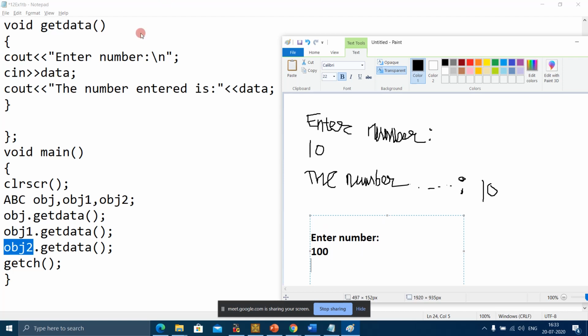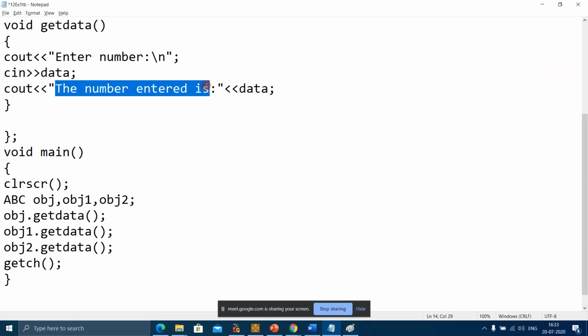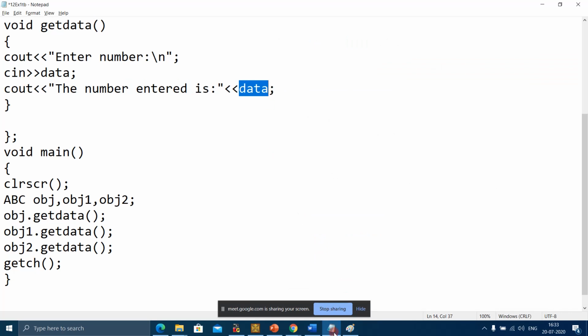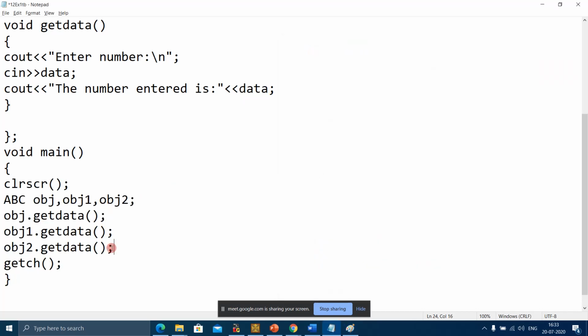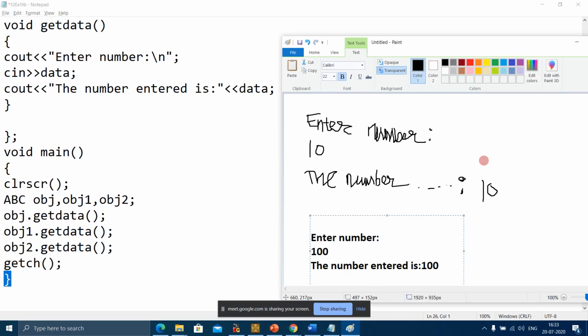The next statement prints "The number entered is" and the value of data, which is 100. Okay, so this is done. Then the end of the program, getch.